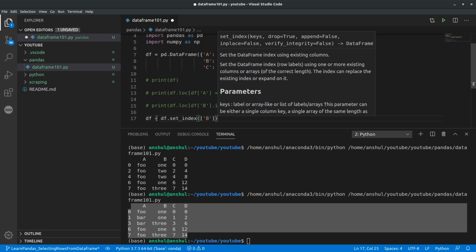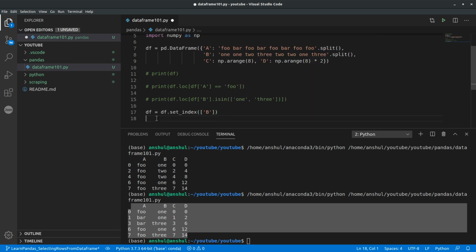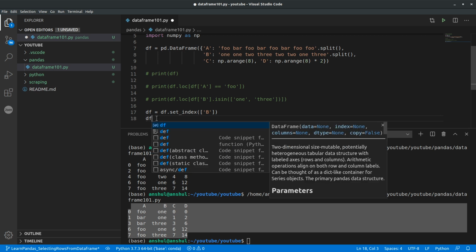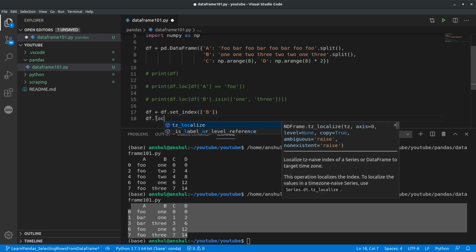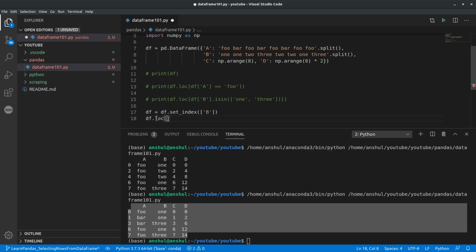This way it will be set to an index, and once it is set to an index, we can simply filter the values this way: df dot loc. Because it's an index, we can simply say I want all the rows with column B having the value 1.